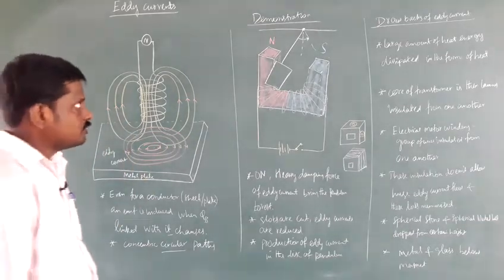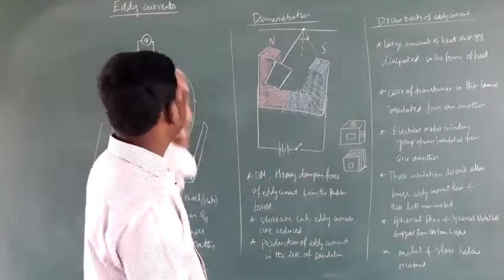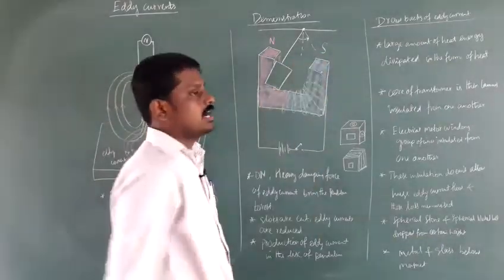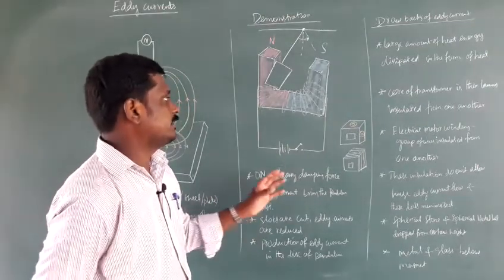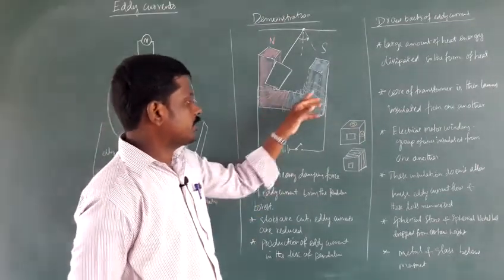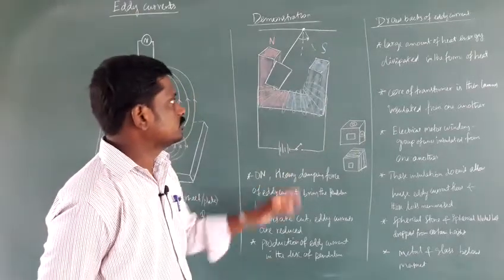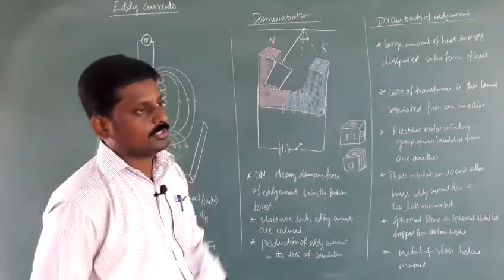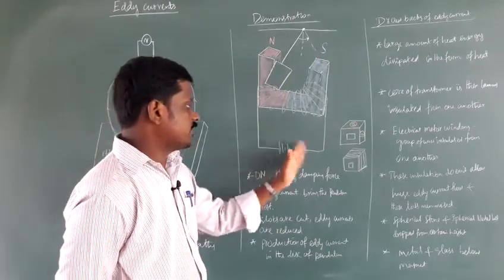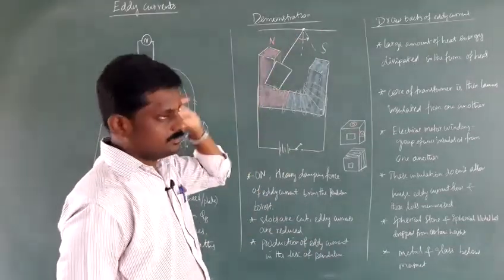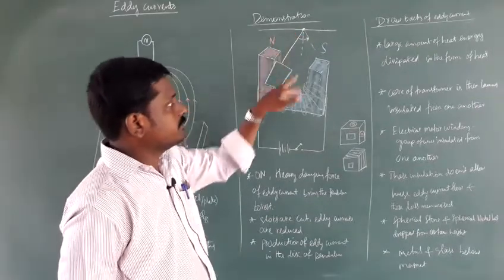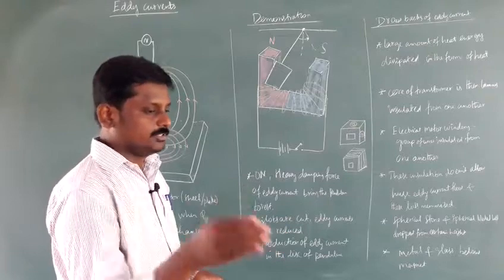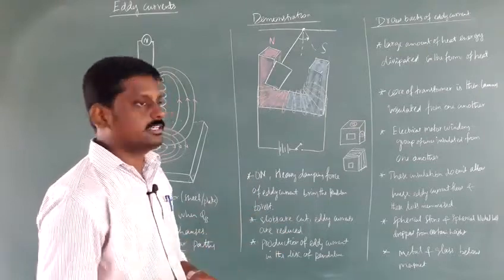Now we are going to see a demonstration about eddy current. Consider a horseshoe magnet, an electromagnet connected with coils. If we switch on, the magnetic field is produced and the field lines pass from north to south. Now the switch is off. A metal plate is connected, looking like a simple pendulum. A pendulum is anything connected and hanging that moves in to and fro motion.